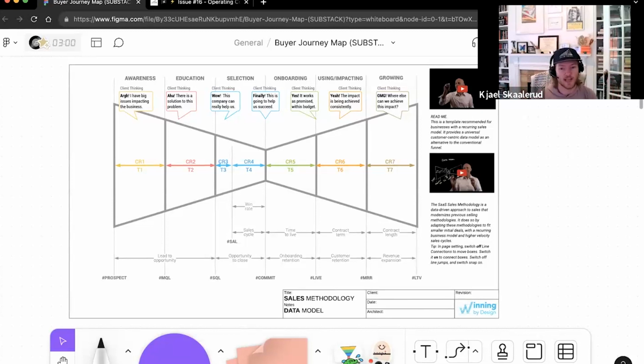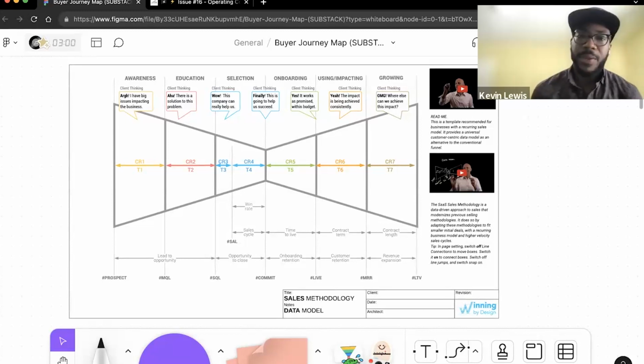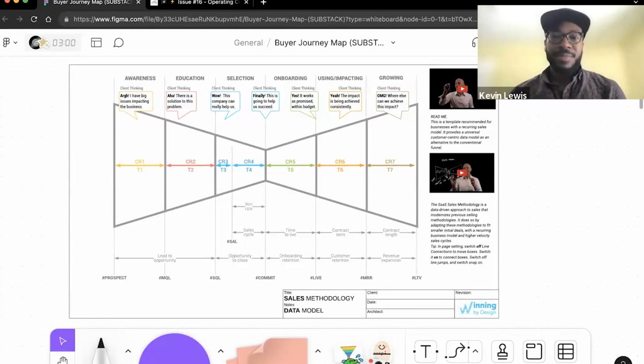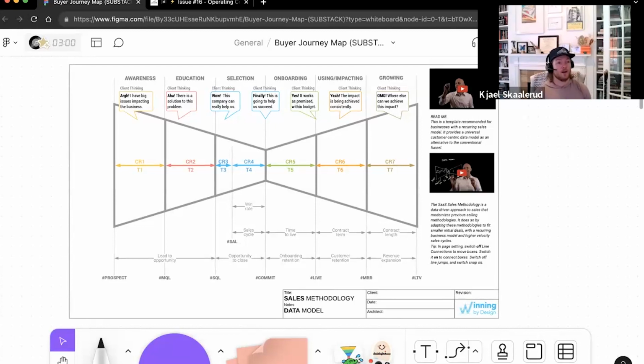And so if we're doing 200 deals a year at 50K average contract value, okay, you probably want to look at it through that lens. If you're doing 100 or whatever, add a zero to every situation. So it's like, hey, we're doing 2,000 customers a year, and that lifetime value is $1,000. Then you're probably taking a more product-led growth approach, which just means that this is more user-driven, more self-serve, and